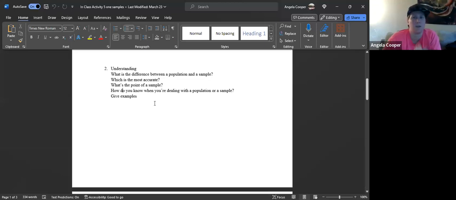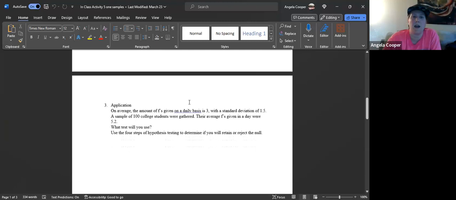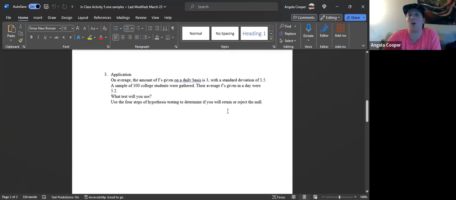But now that we're doing the one sample Z test, and this week the one sample T test, we're starting to get a better idea of why we need to know the difference between a population and a sample, because in order to do the calculations for our tests, we need to know which one is which. So just a little recap on that one. Answer those questions, and then the remaining 4 problems are a mixture of both one sample Z tests and